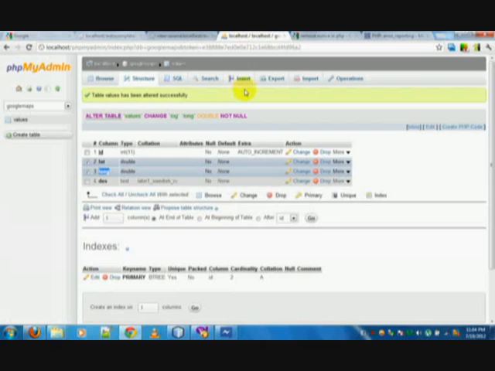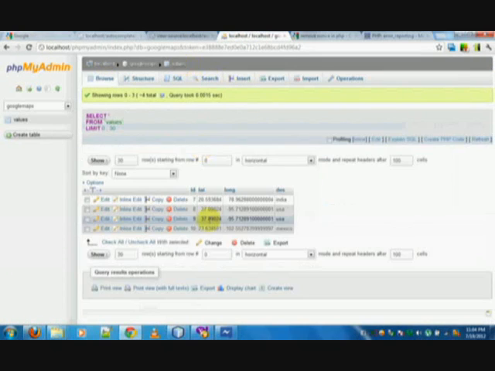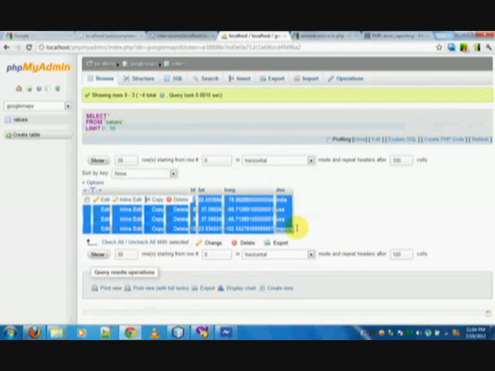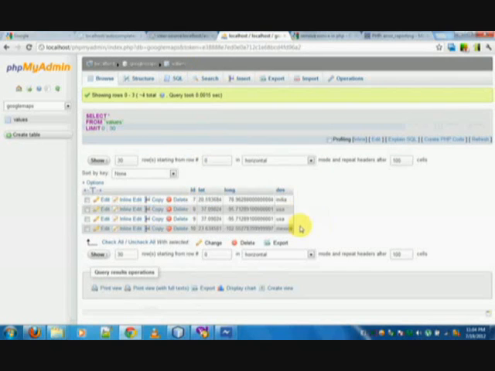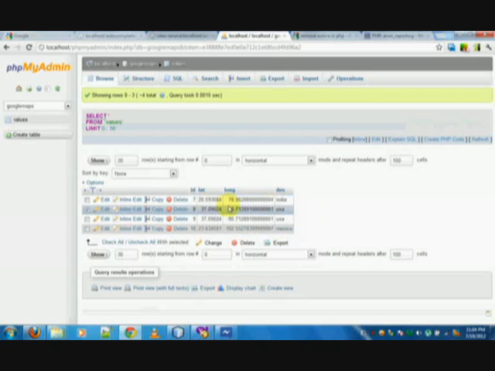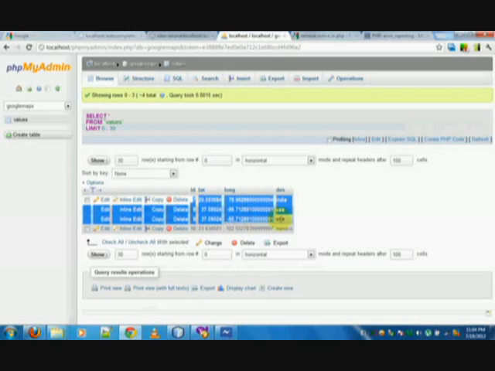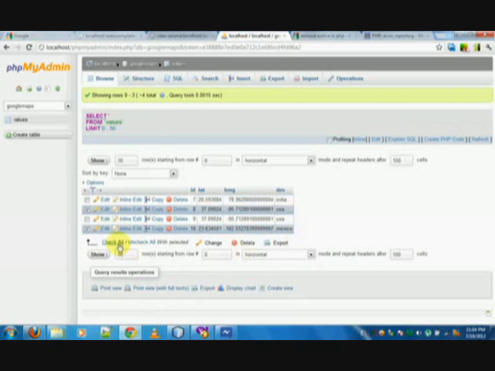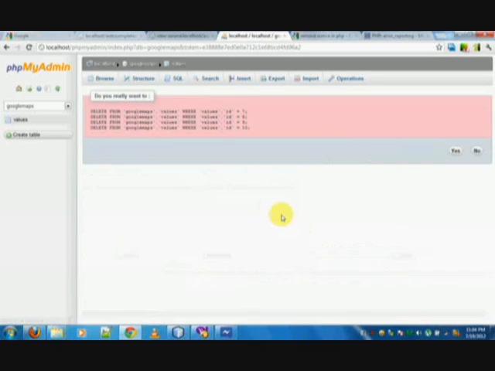So I'm going to go back to my phpMyAdmin, browse the table called values, and what I have is all the inserted values. I have like 4 values inserted. I think the rest of it I had already inserted earlier. So I'll delete the entire thing, and then